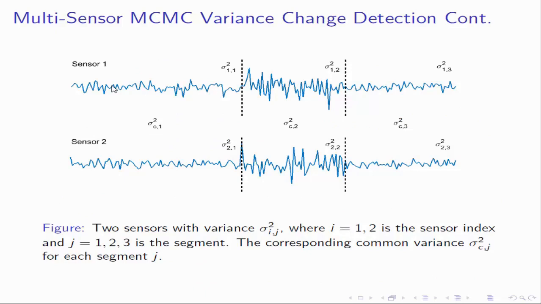Now, in order to see why the multisensory approach works better, we have to first consider the reasons for why we should be able to detect the change. That is, suppose we look at just the upper panel, sensor 1, and the first segment, shown here by sigma squared subscript 1,1. So the variance of the first sensor in the first segment, and the variance in the first sensor in the second segment. In order to have a difference, we need to be able to accurately estimate the variances within the